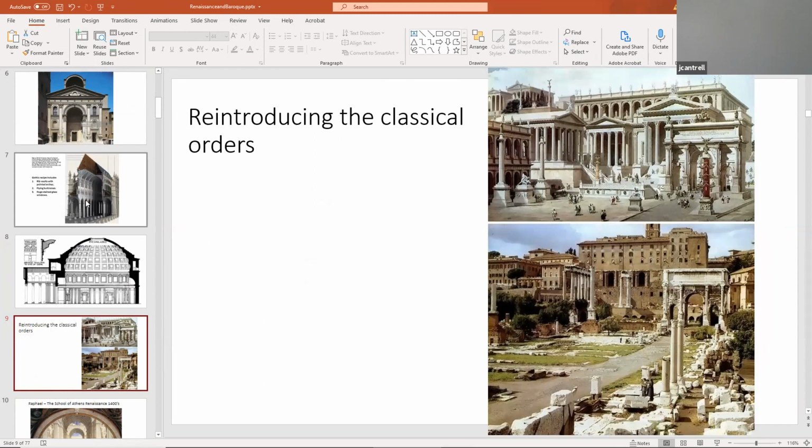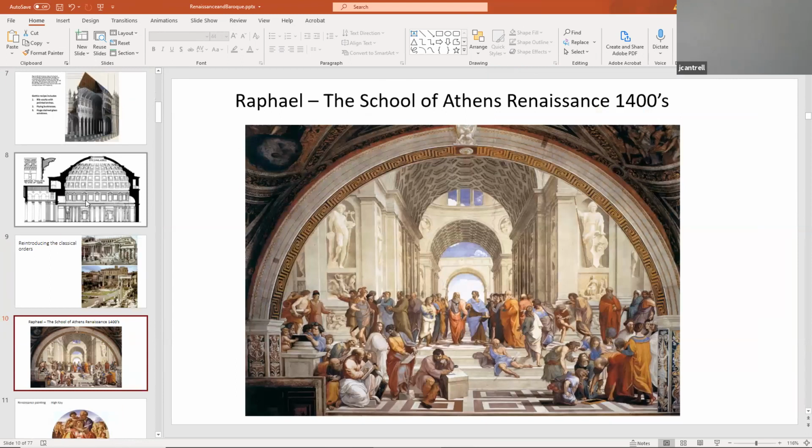I'm going to show this image. This is a very telling image of the entire ideological character of the Renaissance. It's roughly the 1400s. Now, this is not the first Renaissance painting. This is a painting that Raphael, the famous artist and architect, did after probably the first 50, 60 years of the Renaissance, starting from Giotto to Brunelleschi.